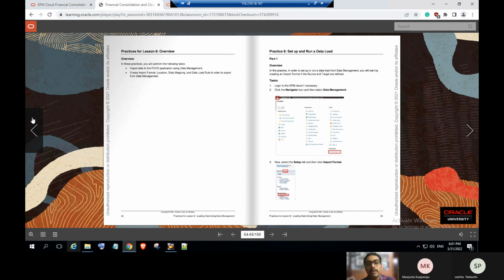In this practice, we will run a setup load file in the data management. I will explain this in the activity guide, and let's navigate into the EPM Cloud application. First, let's log in to our EPM Cloud if necessary. Click the navigator icon and go to data management. Now select the tab under the import format